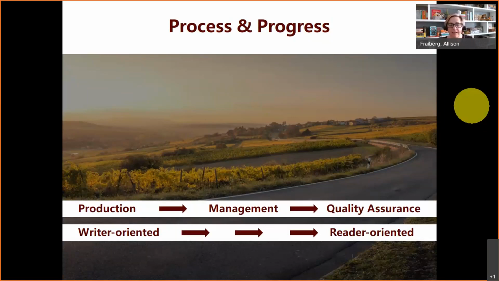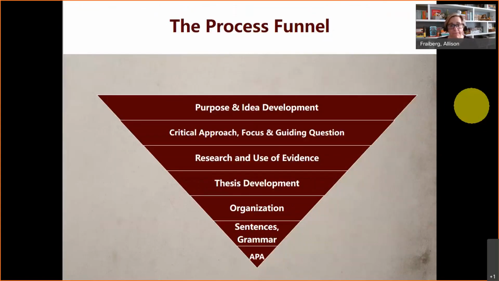Okay. And as you move through the experience of creating something that you can submit or deliver at the office, then it becomes more reader oriented. Okay. So think of it as really a journey. And I guess my final image that I'll be using this term is this funnel,